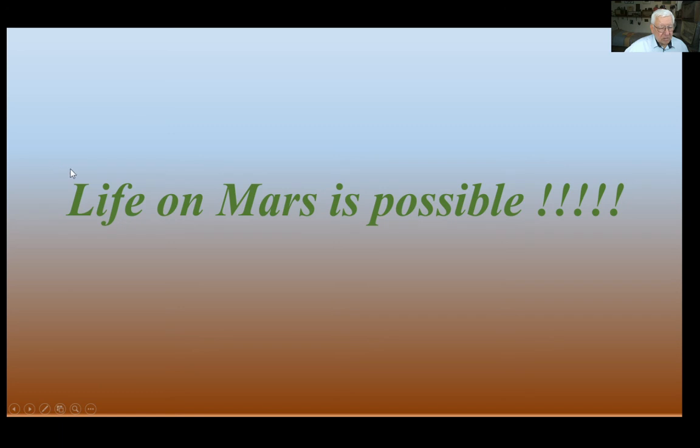Of course, it's much more complicated than on our Earth, because we have to produce, for example, oxygen. On Earth, we have oxygen in the atmosphere, but using various technologies,